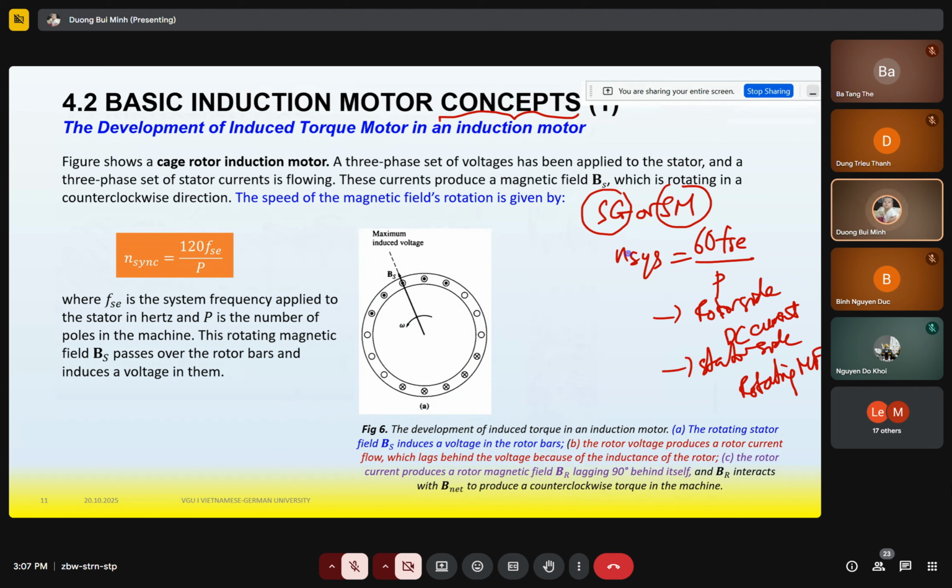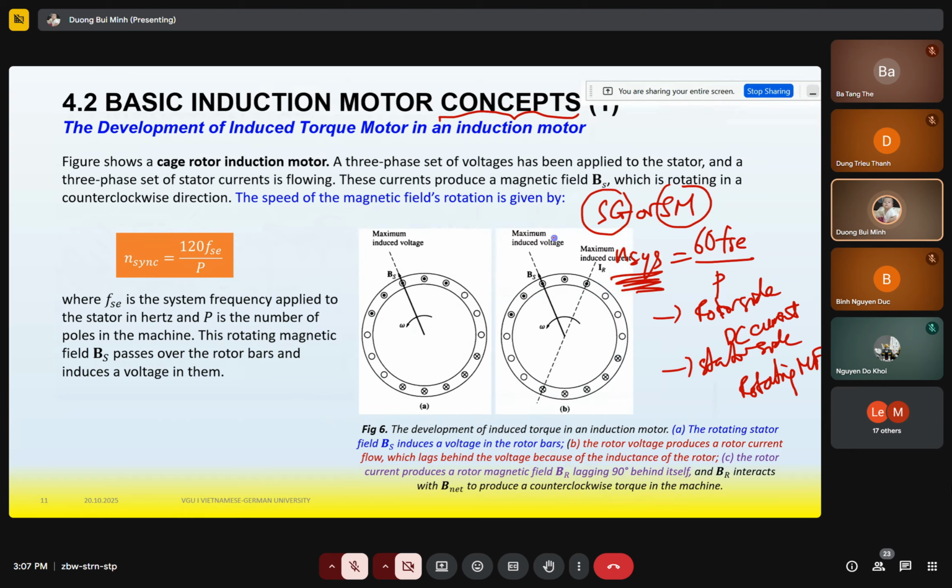So we can make sure the speed of the stator magnetic field and the speed of the rotor have the same speed. We say synchronous speed, but